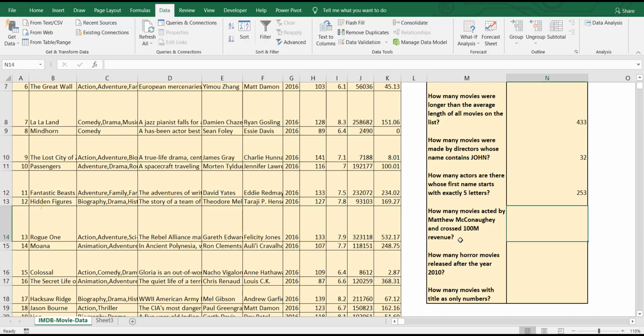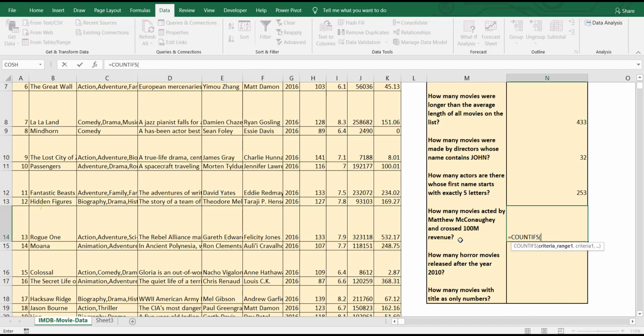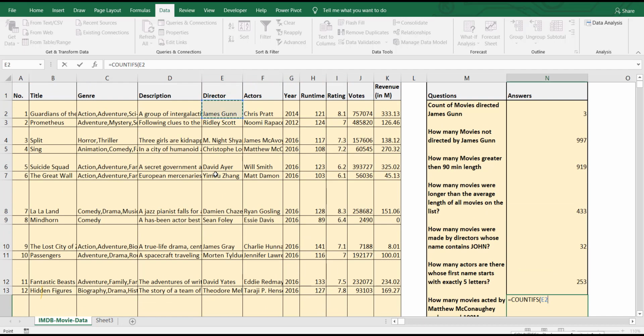So now we need to apply multiple conditions. As I said, to apply multiple conditions, count if will not support, so we use count ifs. Criteria range 1. The first criteria is actor: Matthew McConaughey. How many movies did he act in?